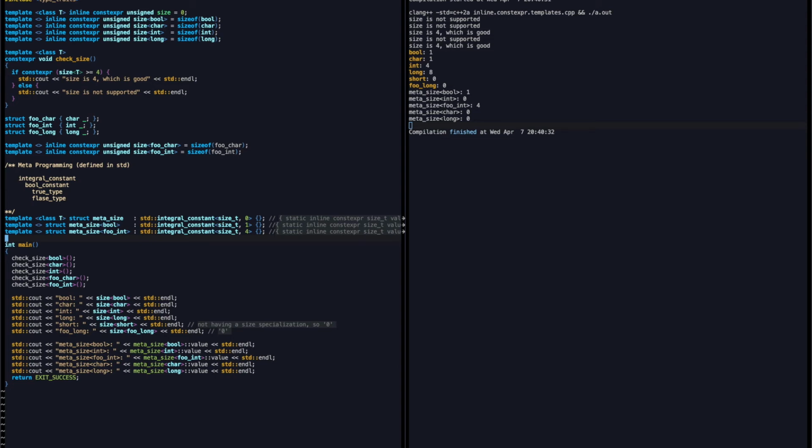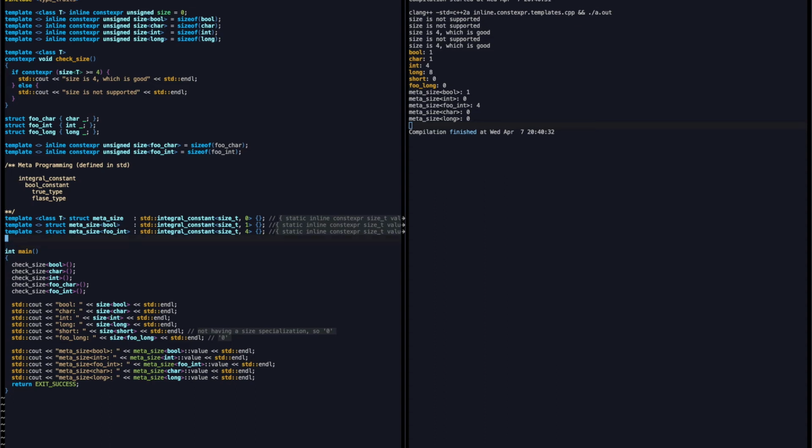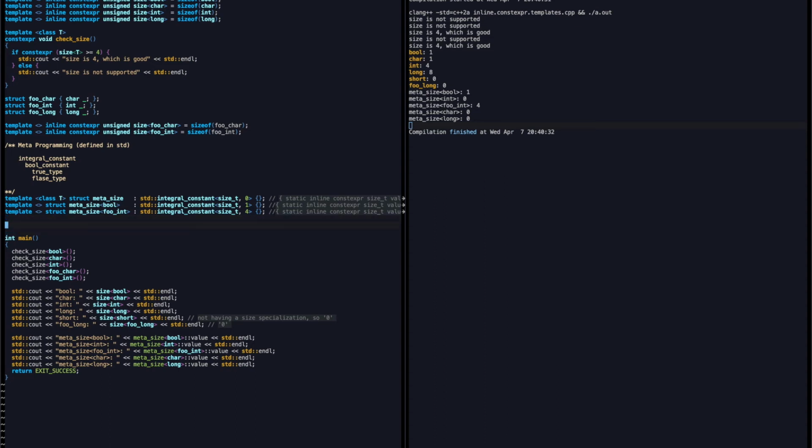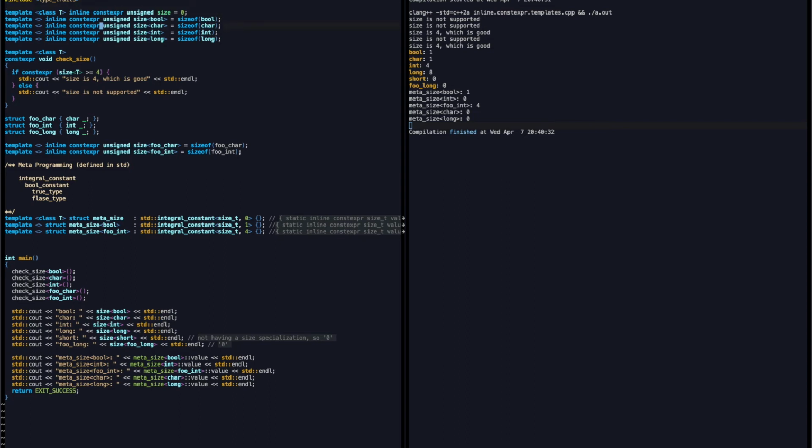A meta algorithm in C++ is an algorithm using templates, using class templates or maybe inline constexpr value templates. For example, if we can say that, let's see, we use a